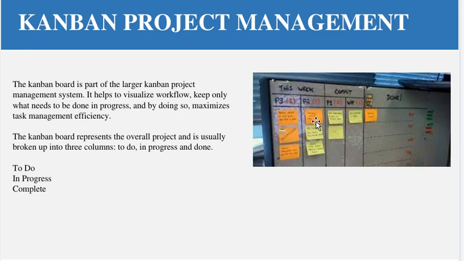In the Kanban board you can see the user stories are there, then a to-do list, then in progress and complete. So basically what we do, we first of all list down all the user stories here. Then we divide the work into multiple chunks. For example, if there are 40 user stories or user requirements, we take 10 user requirements which will come under the to-do